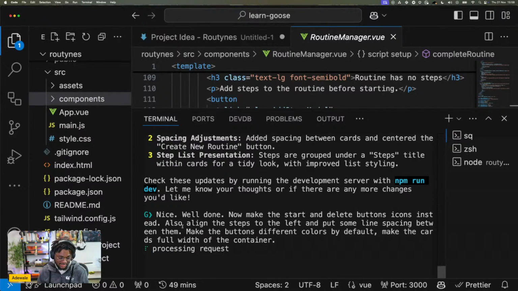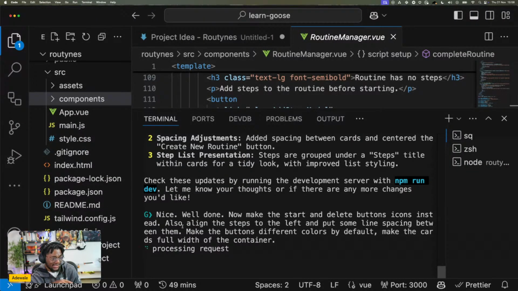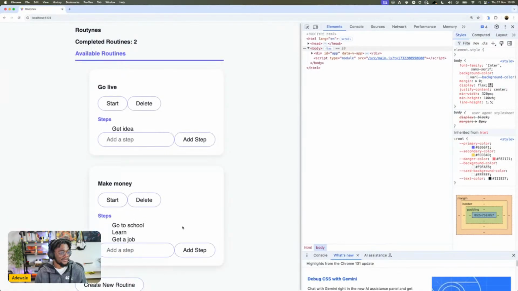But I think with just some of these instructions, we've been able to build a very, very simple application. Now I'm asking it to probably install an icon package because that's what it's gonna use. That instruction is probably confusing a bit as well because I'm like, make the start and delete buttons icons. But that's ambiguous. I don't know. But yeah, in less than an hour, we built a functioning